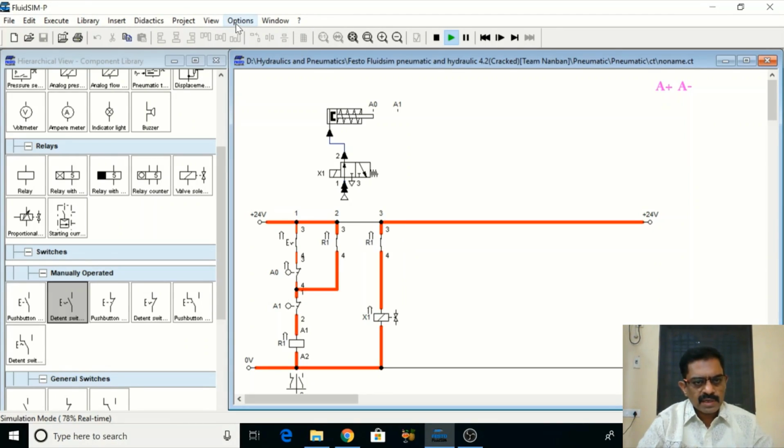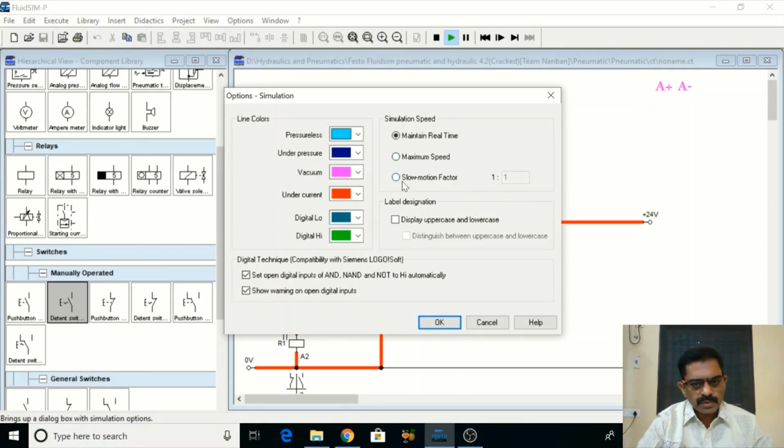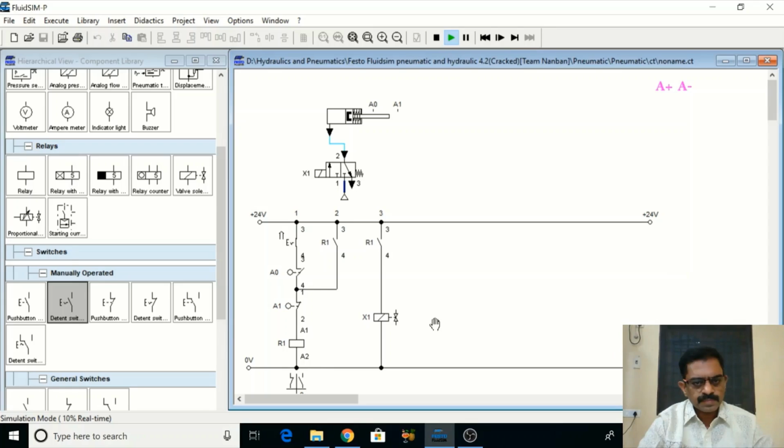I can even slow the simulation and show you. So this is the slow down factor, let me take 10 times. So it will be 10 times slower. Now it will be clear. So plus and minus. What is happening here is, this is pushed and this is operated, and you have A0.